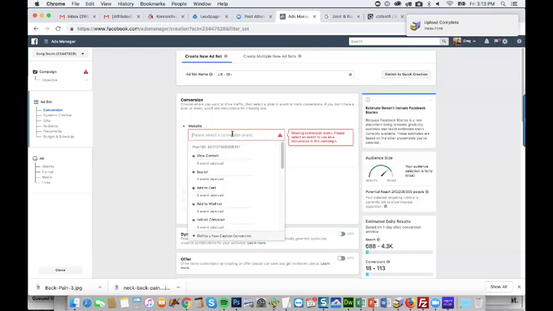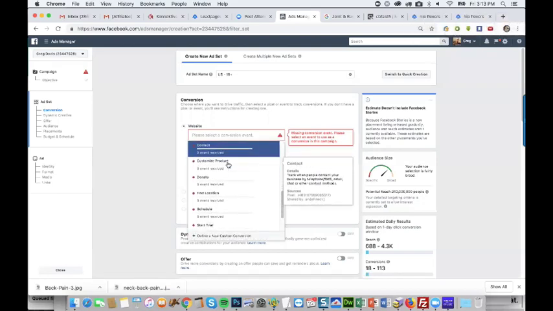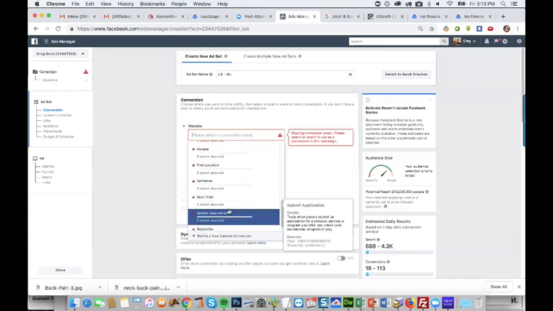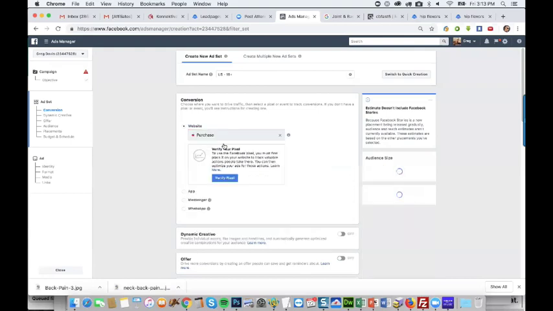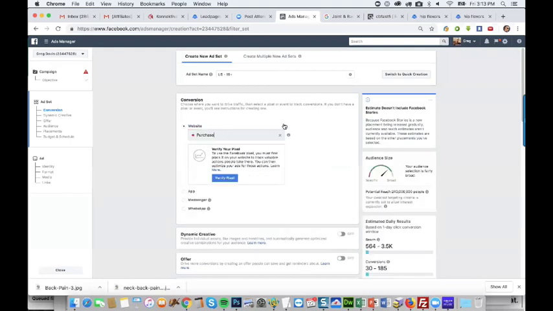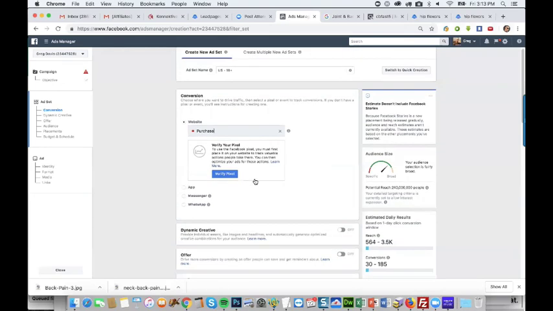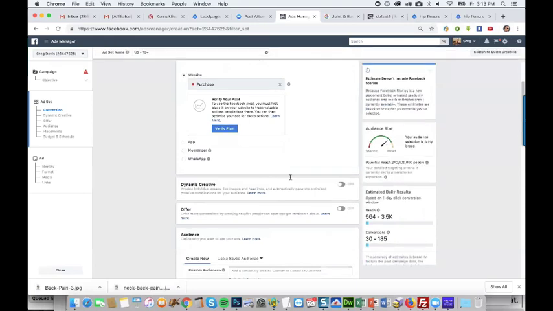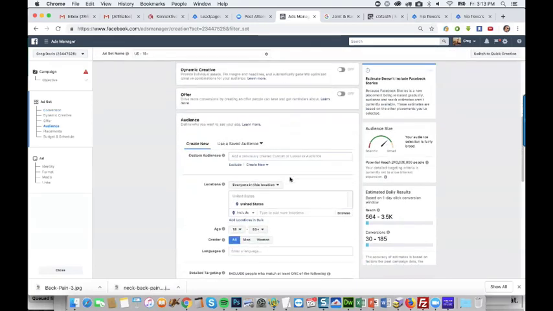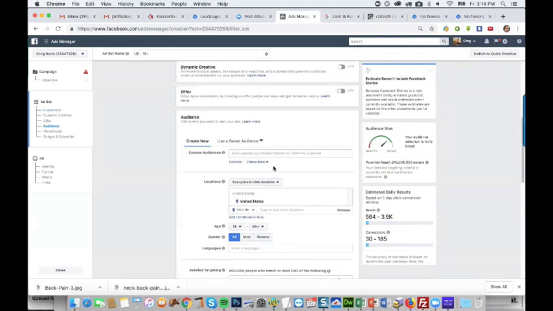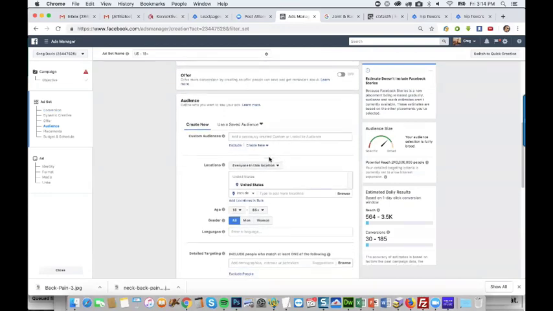So now we got to select a conversion event, which is going to be purchase. There we go. And it's red right now because it hasn't received any data, but it's going to turn green once we get our first sale here. All right, so that's that. So now some other stuff we can do here, but we're just gonna keep it simple. Now we're gonna talk about custom audiences. We can create a custom audience just of the people that visit the site. That's something we can do later.